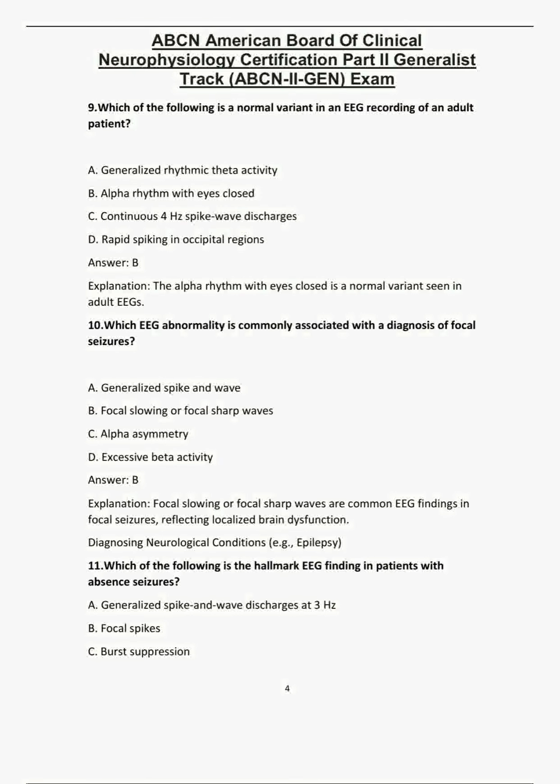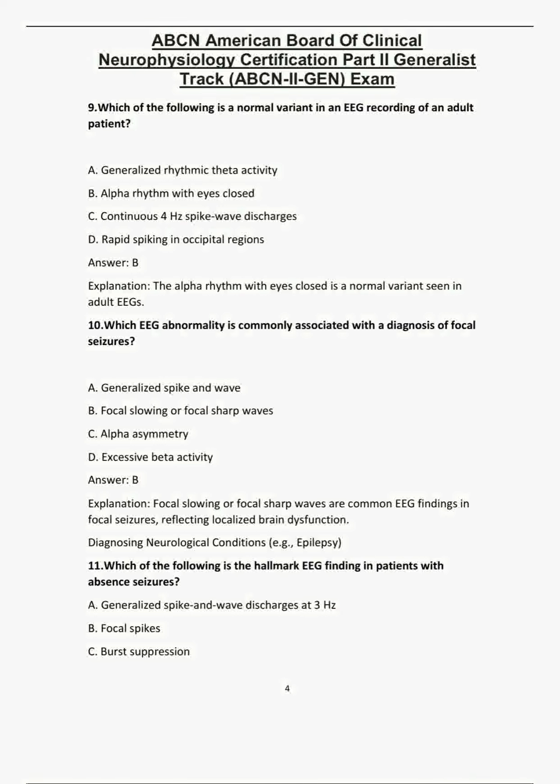ABCN2Gen Exam 4. 9. Which of the following is a normal variant in an EEG recording of an adult patient? A. Generalized rhythmic theta activity. B. Alpha rhythm with eyes closed. C. Continuous 4 Hz spike wave discharges. D. Rapid spiking in occipital regions. Answer B. Explanation: the alpha rhythm with eyes closed is a normal variant seen in adult